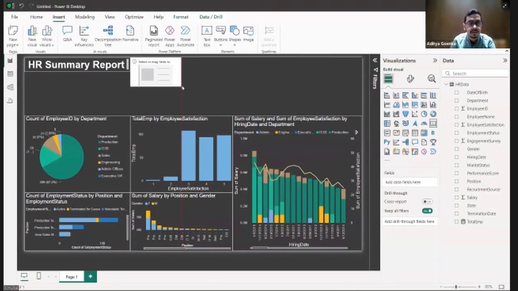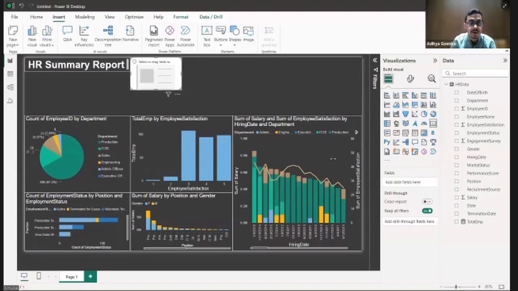Now you can size it as you want. Let's say I want to size it like this. Basically, add the most important parameter that your boss would like to see at any given point of time. Let's say the boss would really like to see the sum of total salaries that we are disbursing.